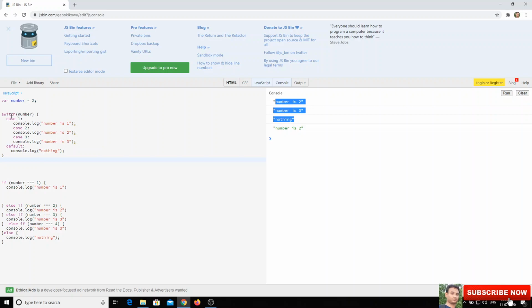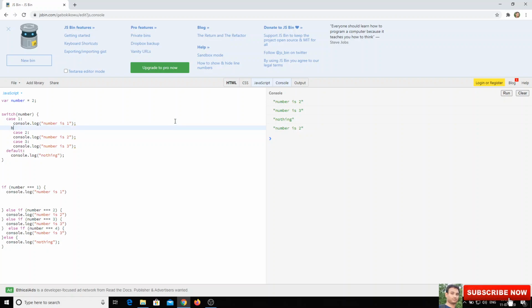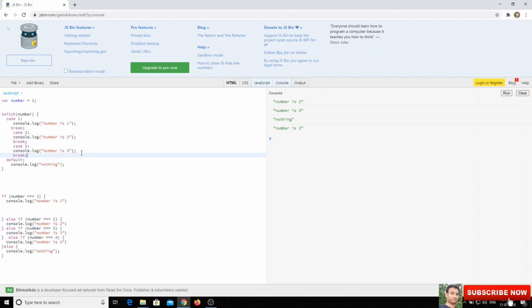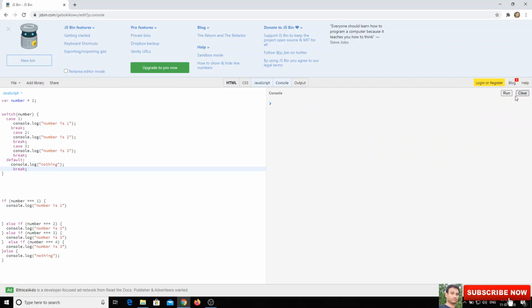So that means in switch statements, whenever a case is satisfied, for example case 2 or case 3, afterwards it will not check any condition, and it will execute line by line and execute everything. In order to stop this, we need to use the break statement. Whenever the condition is satisfied, it will execute that case and stop executing. Here we can use the break statement. Now we will execute and see the output.